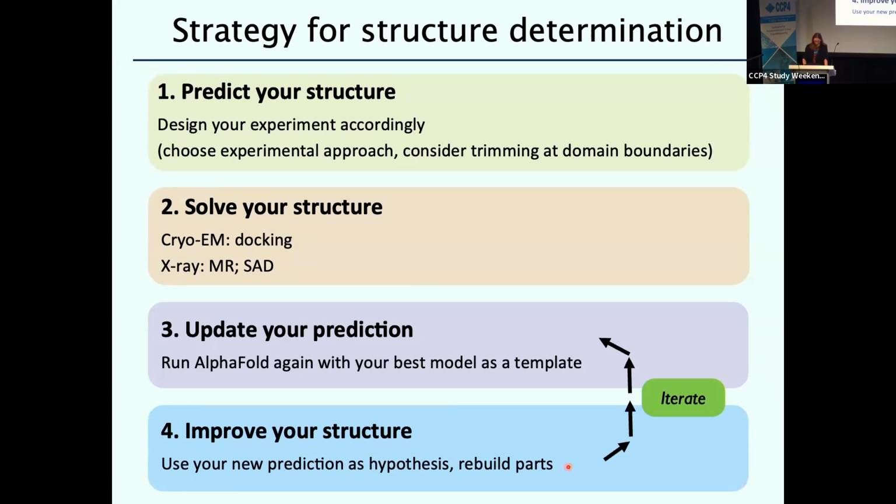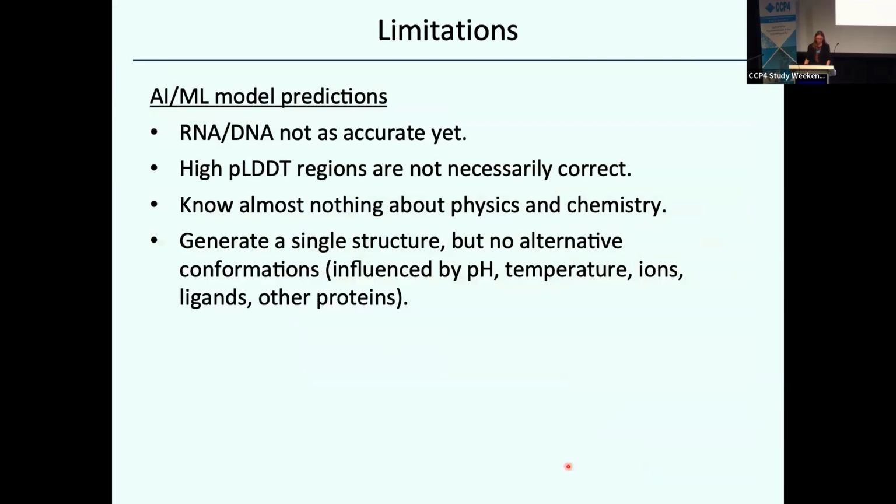So now I want to list a few limitations. I grouped them a little bit by category. So first, it concerns the models themselves. As we know, RNA and DNA are not as accurate yet as for proteins, although there's some research in that area. And as we have seen in these examples, some high pLDDT regions are not necessarily correct. So we cannot blindly trust this pLDDT as saying this is the correct